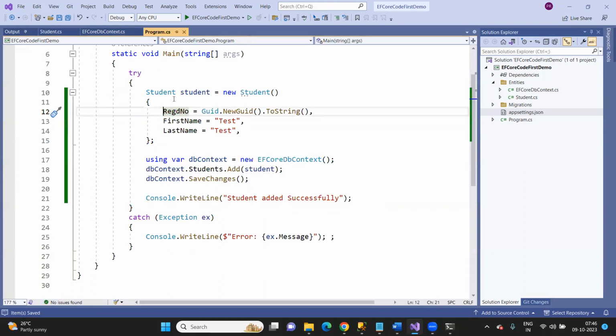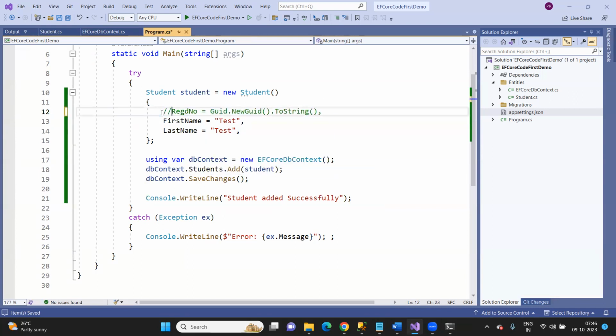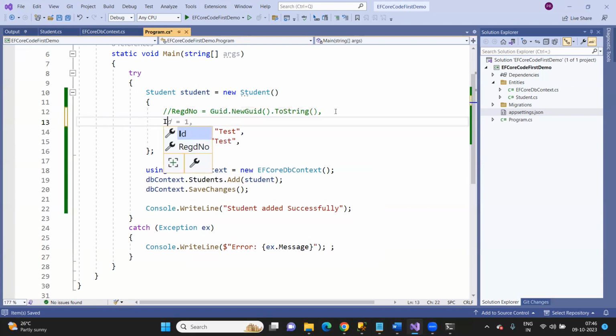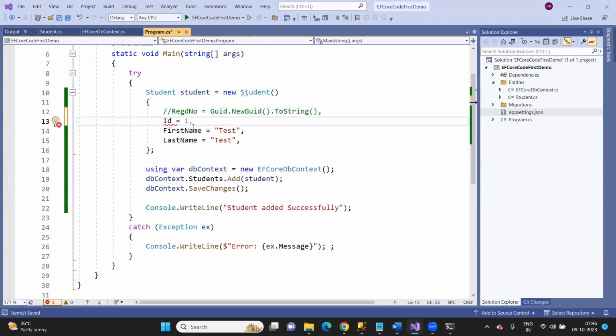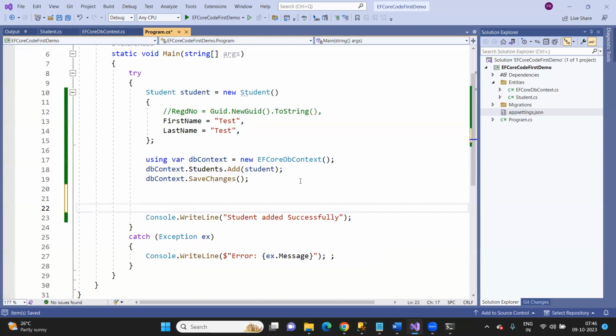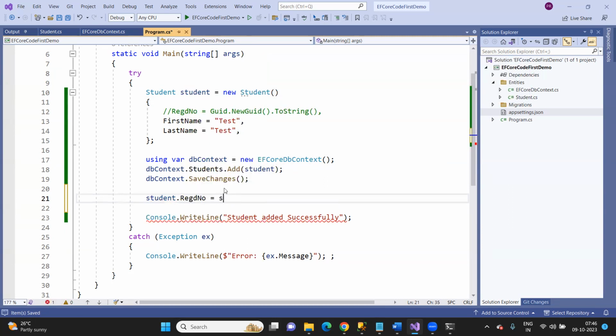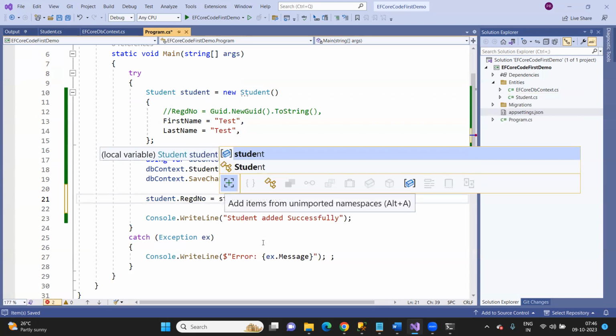In this case, let's assume this value I'm not providing at this time. So this is not the appropriate approach. In this case, this value is going to be automatically generated by the system. Once you update this, automatically that ID value is tracked by the context object. So what you can do is you can make use of something like registration number is student ID,